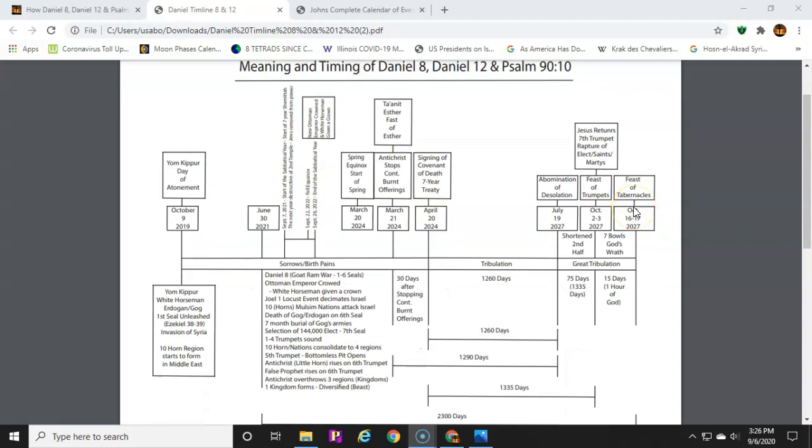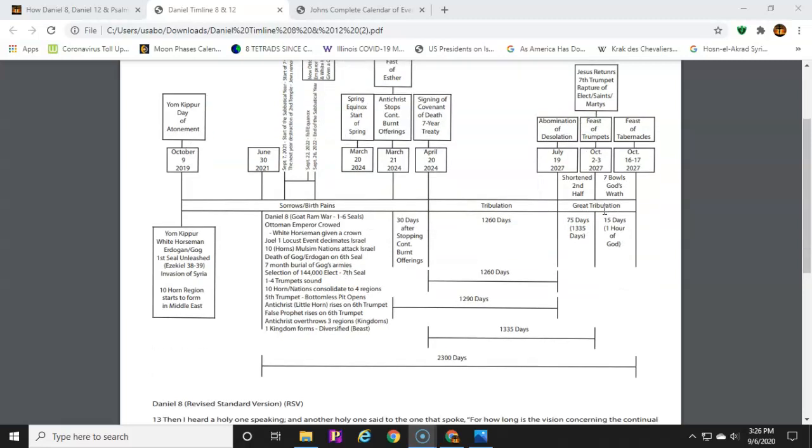And if you follow the Hebrew calendars of the feasts and all the different associated calendar events of their different holidays and things like that, you'll realize the Feast of Trumpets is extremely important. It is the date of the time when our Lord will come back. And yes, we do not know the hour or the day, because it's a 2-day event and no one knows for sure when that is going to be.